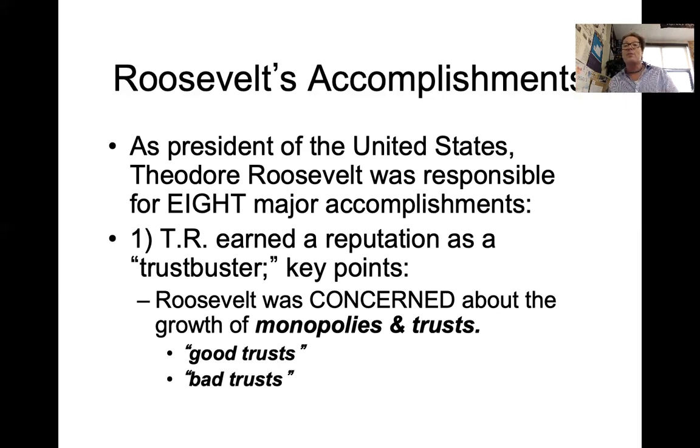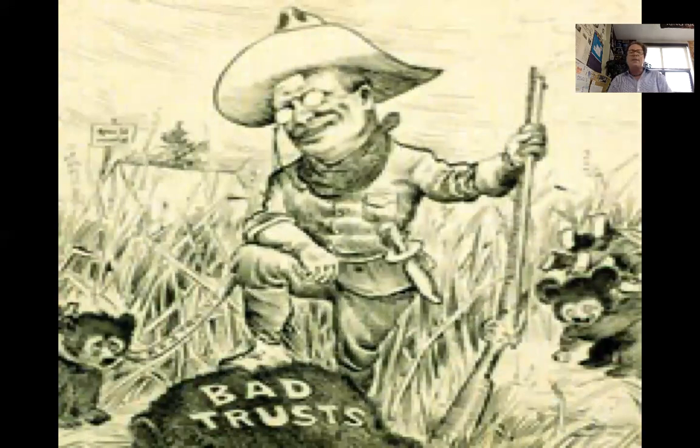So again, Roosevelt made that distinction between the good trust and the bad trust. And I would make a little line off to the side. The bad trusts were ones he went after because they were the ones he felt were negatively impacting the American people. So if you direct your attention to the overhead screen, this is a famous political cartoon of Theodore Roosevelt,